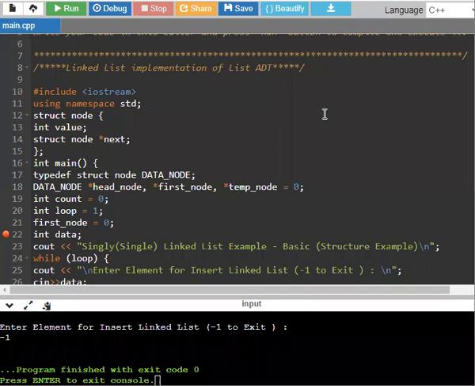The next topic is linked list implementation of list in abstract data type. Here we implement a linked list. A linked list means the nodes will be represented under a chain link. So the first node is connected to another node by using a chain